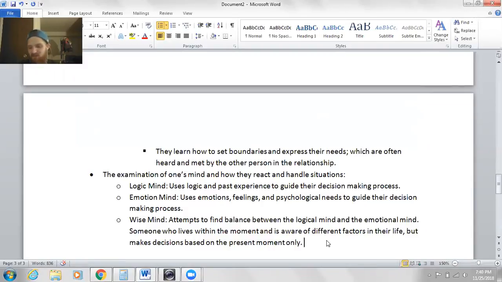And then the person that's wise is like, I can do this amount of behavior. I still have to make sure I accommodate all these other factors. However, the most important thing to me right now is this present moment, rather than the past influences or the future influences, to get it done. So that is CBT,